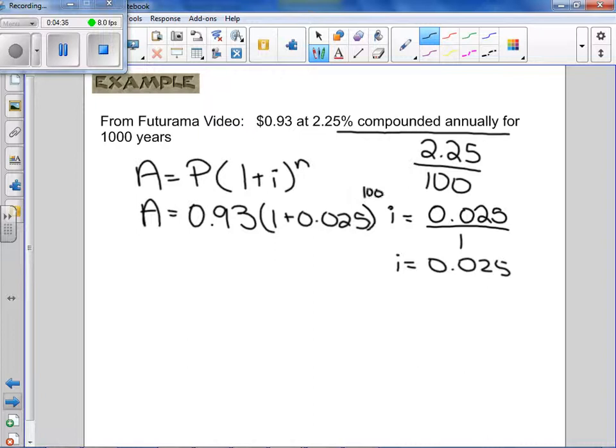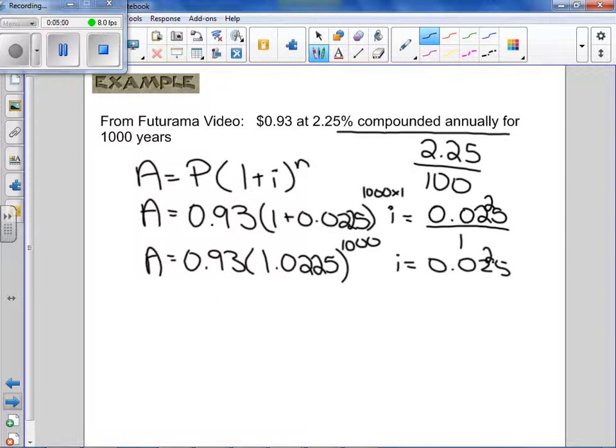It's 1,000 years into the future he went, and once a year. So 1,000 times 1. So A equals 0.93. I add. And I lost some 2's here. My mistake. And then 1,000 times 1 is 1,000. So now these numbers are really big. On your test, you're not going to get numbers this big. But I just want to show you what happens on your calculator. When you get that, it comes out